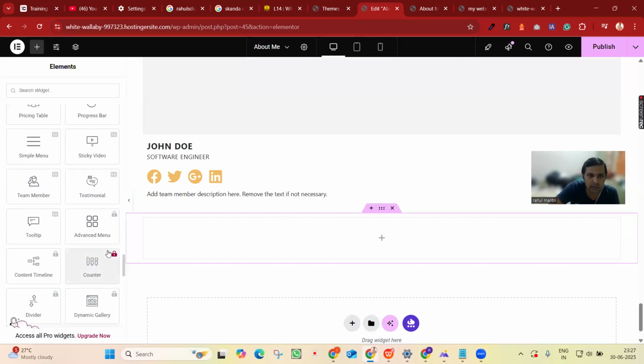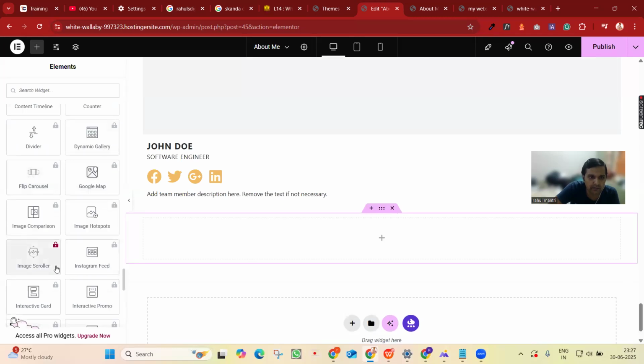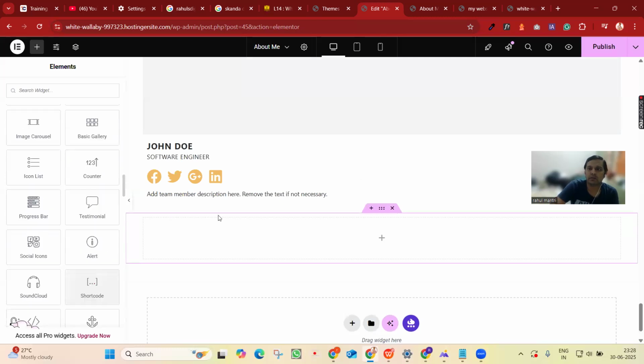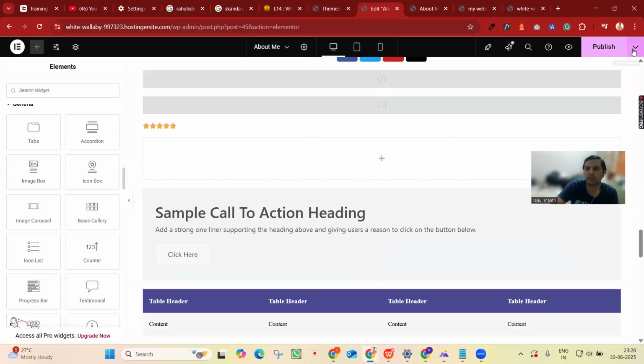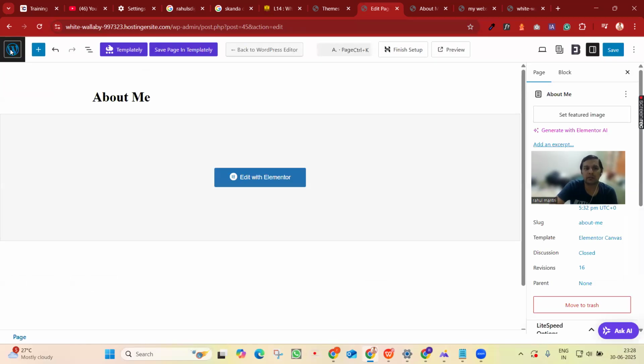Essential add-ons also has a pro version. Advanced menu, divider, okay, dynamic layout, Google Map. Image scroller. Okay, so you can use these and many others. To find them, just go to the dashboard, exit to WordPress, add a plugin, and see which Elementor add-ons are necessary. See the average rating and the downloads, and you can use that. Okay, so this was